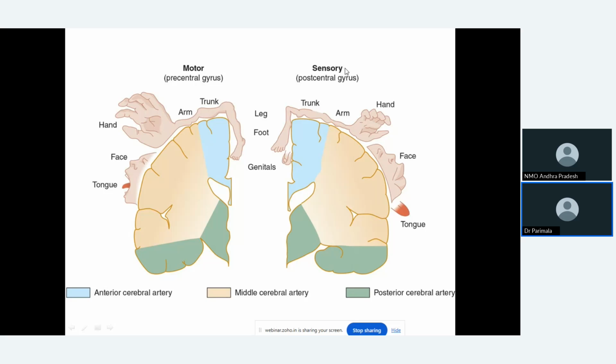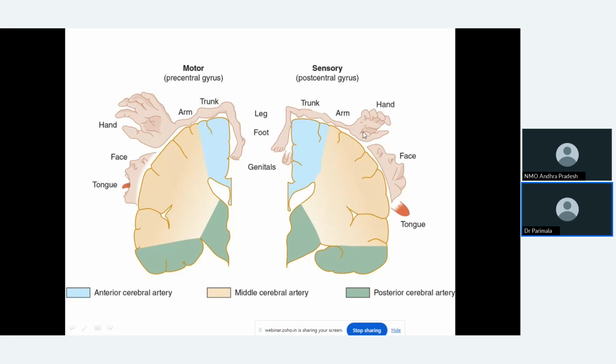Look at the sensory cortex. Here, the receptive area, the more sensory receptors, wherever they are, whatever we want to feel, we feel with the help of the hand, isn't it? And with the foot. Highly sensory areas which have more receptors are represented more when compared to other areas. The tongue is highly sensitive: taste sensation, then touch, then temperature, everything. The face is very sensitive. The more sensory receptors, the more representation. Fewer receptors, less representation. With the foot, we feel everything. So the foot is comparatively large when compared to other parts of the upper limb, but the representation is the same.